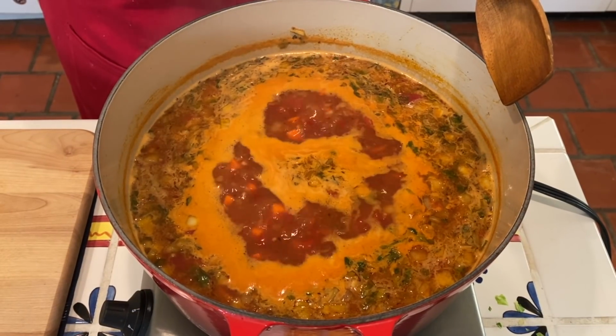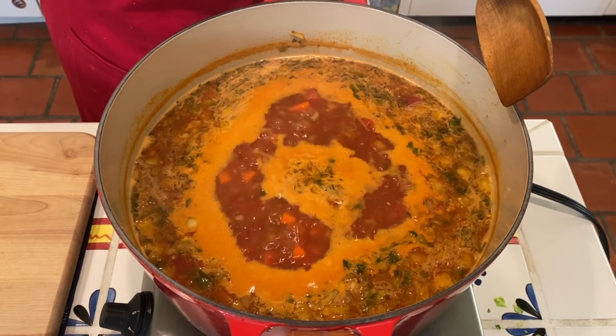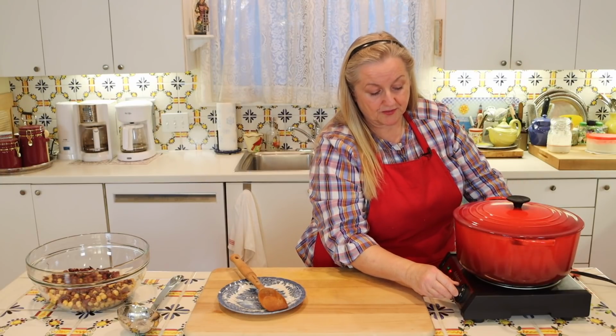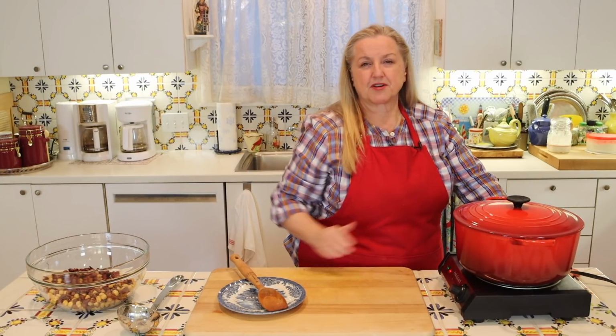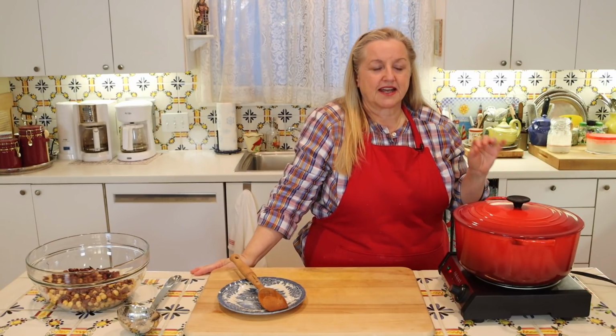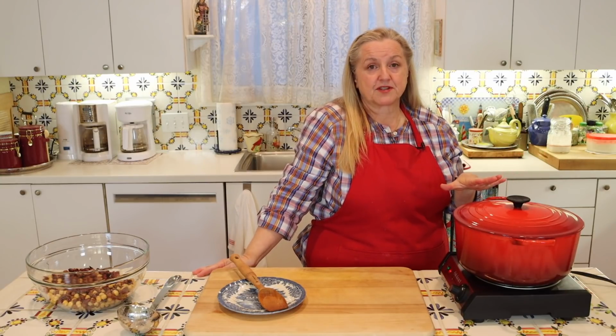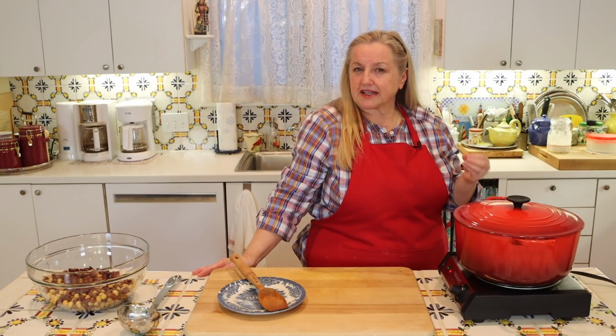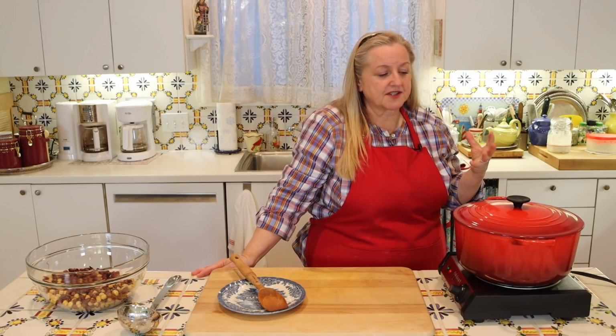Now I've brought this up to a boil, and what I'm going to do now is take the lid and cover this pot, and I'm going to turn this down to low. And I'm going to let this simmer for about 5-10 minutes. If you want, you can skip this part. But what I found that when I use any vegetables like carrots that tend to be on the tougher side,